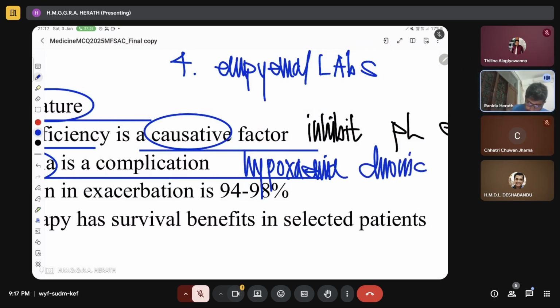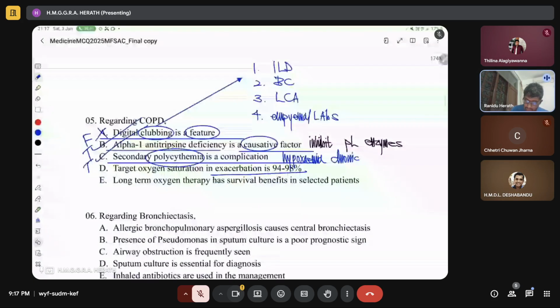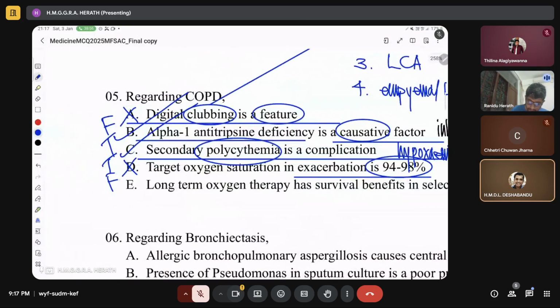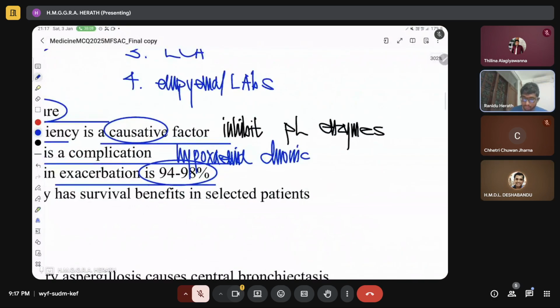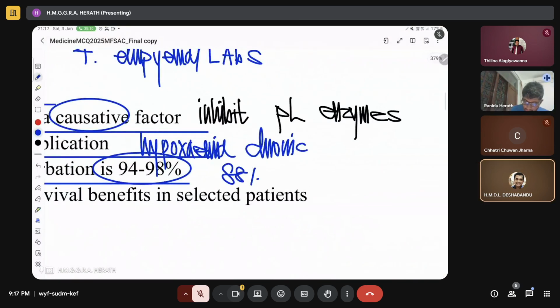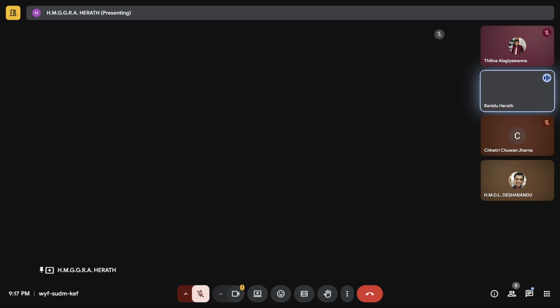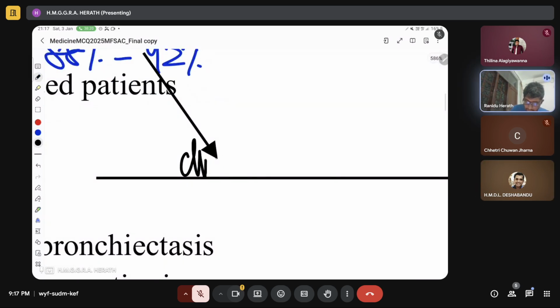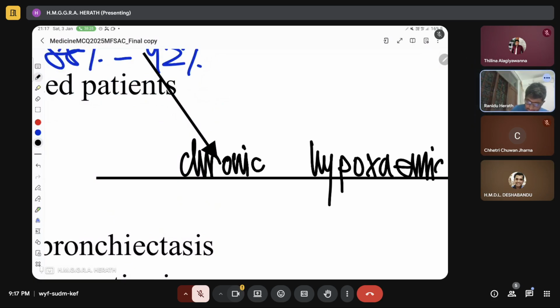Target oxygen saturation in an exacerbation is 94 to 98%. False. Usually, what is the target saturation? 88 to 92%. Why? Usually, patients with COPD are chronically hypoxemic, so their respiratory drive is driven by